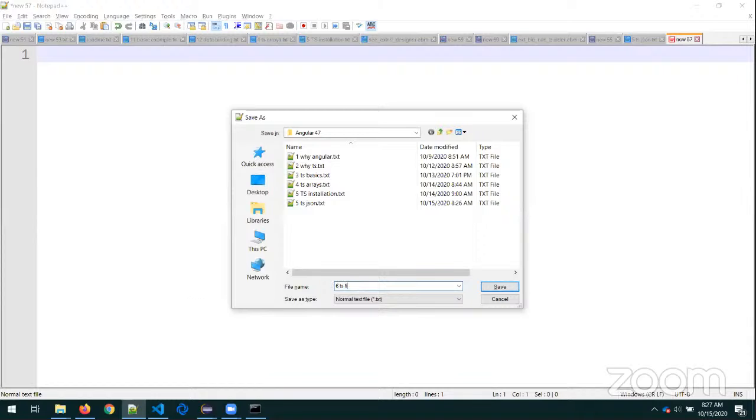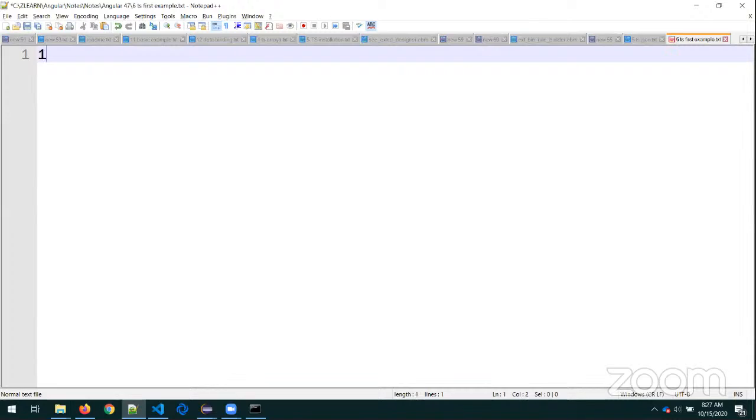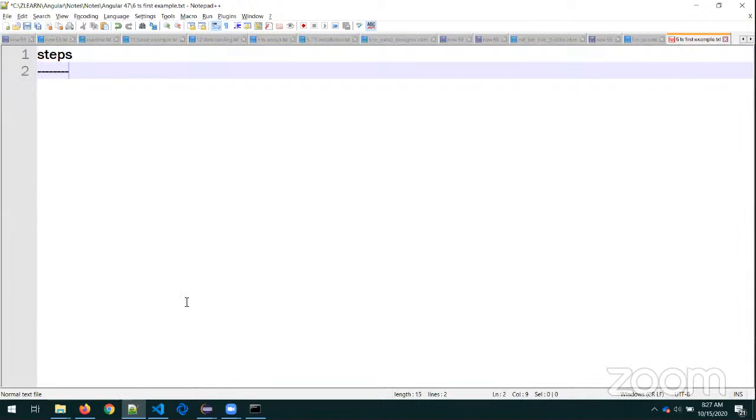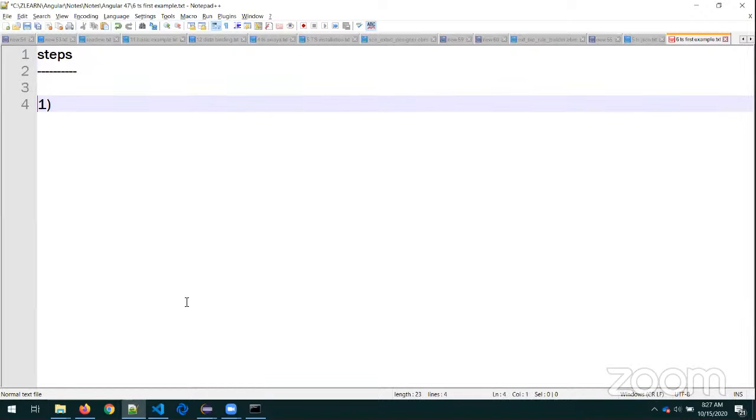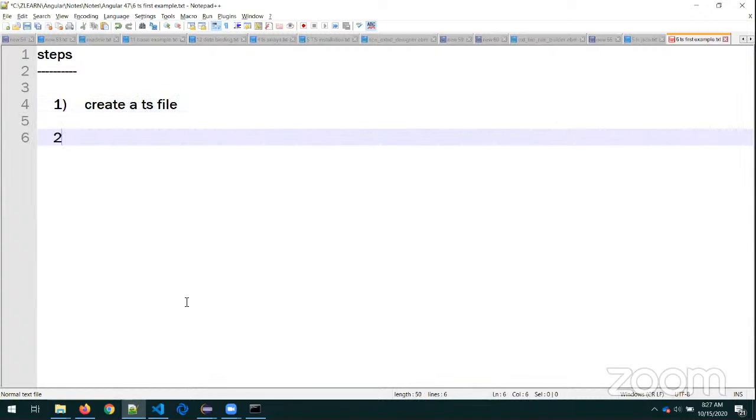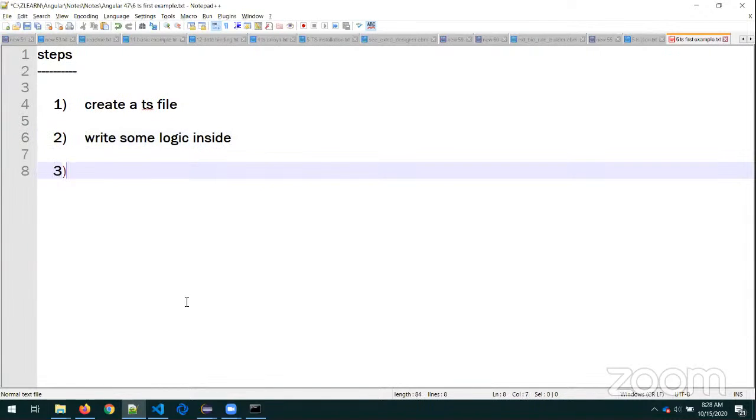TypeScript first example. First steps. First one, create a TypeScript file. Second one, write some logic inside. Third point, guys,